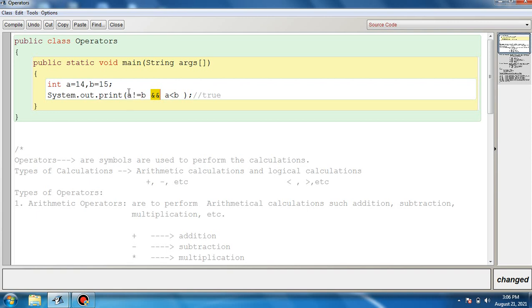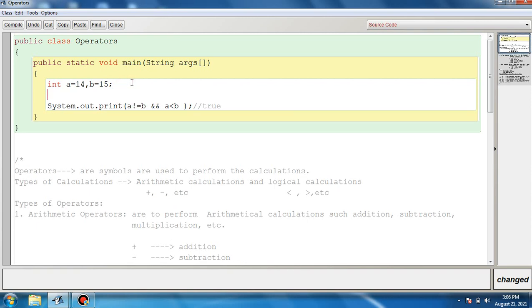Now I will use these values. A stores 14, and 14 is not equal to 15. Yes, 14 is not equal to 15, so this relational operator will result in what value? True. Why true? Because 14 is not equal to 15.